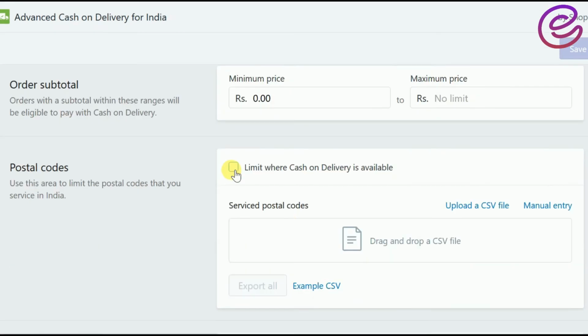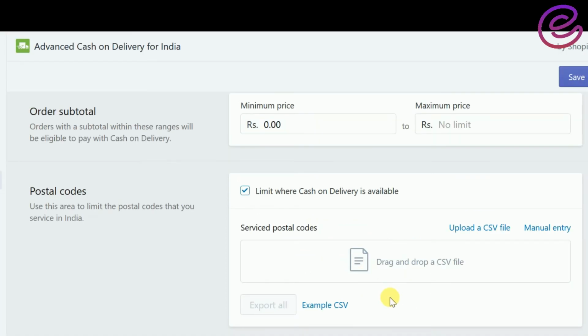rupees there. Then in the postal codes, you can manually enter the postal codes where you are providing cash on delivery service, or you can just upload an Excel sheet with a list of pin codes which are serviceable and have cash on delivery available. For the pin code list, you need to contact your logistics service provider. They will give you an Excel sheet, so they will provide you that